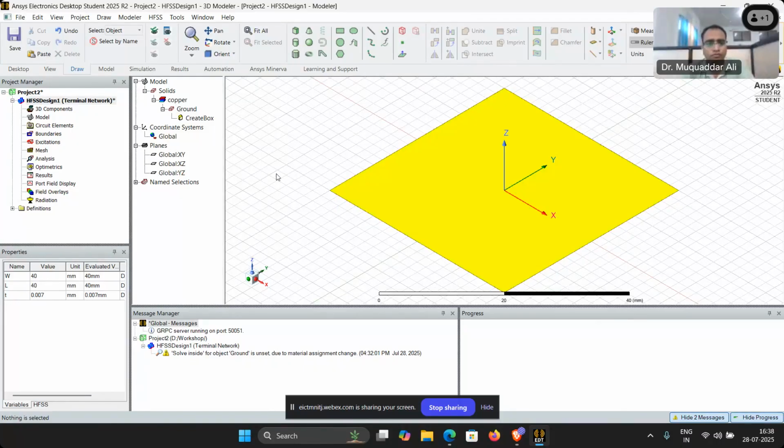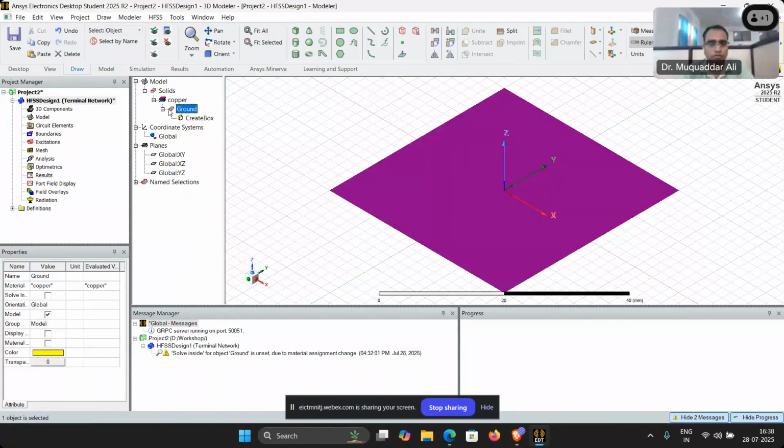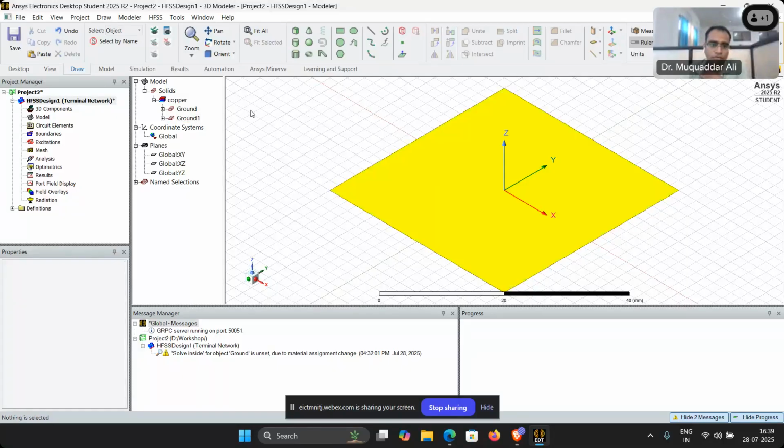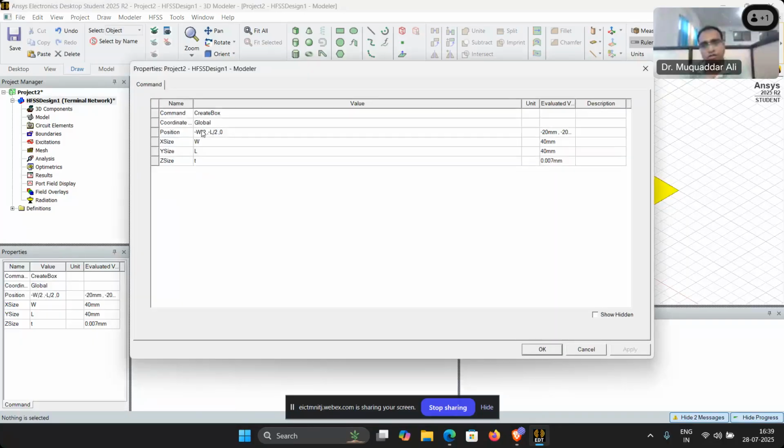Okay. Now what we need to do, just select this box and create a copy of this. Now when selected, Control C and Control V, these are our favorite commands. So we copy this, and now we have two objects, but they are overlapping each other. If we click on the characteristic, these are exactly the same. Now I do not want them to overlap. So what we can do, we can increase the Z axis size, and